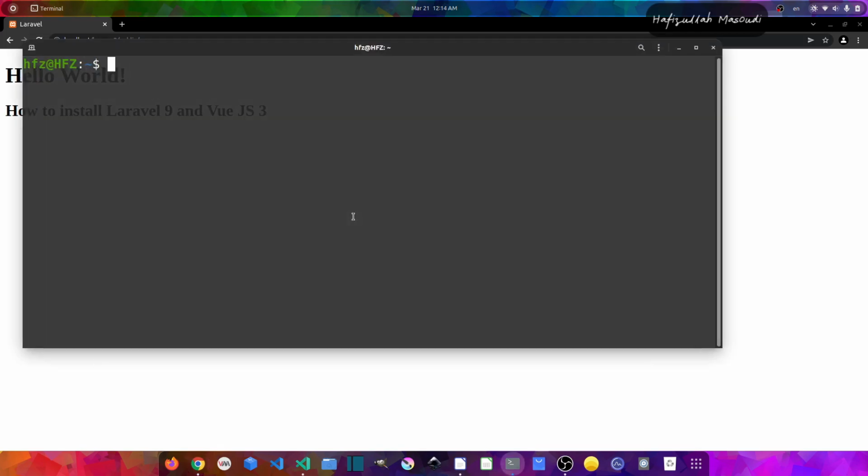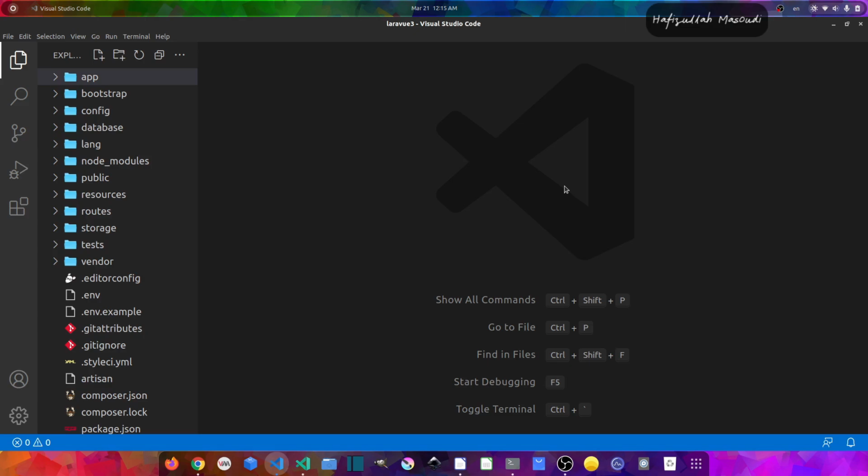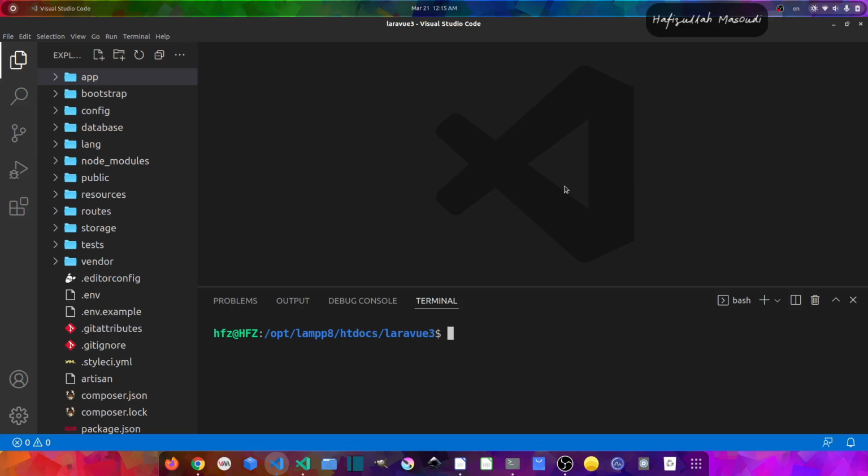and in here what I will do is go to the project directory. So cd /opt/lampp/htdocs/Laravel 3, and what I will do is open it with Visual Studio Code. So code space dot. Now to install Vue Router, let's open a terminal here and let's go to the browser